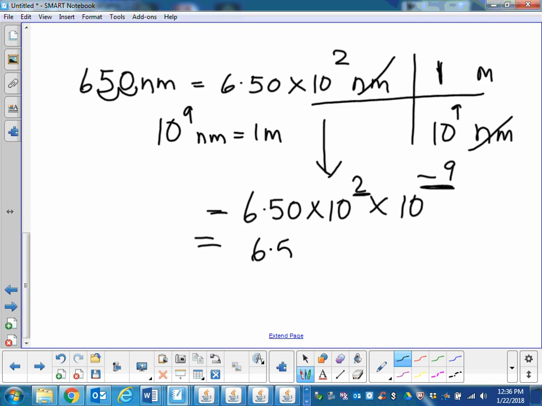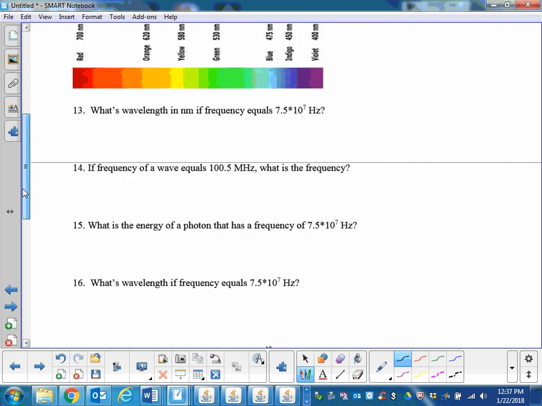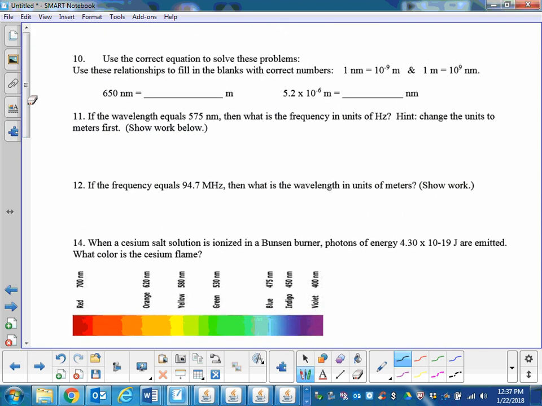So 6.50 times 10 to the negative 7 meters. So 650 nanometers is 6.50 times 10 to the negative 7 meters. Are we good? Do we understand this? Yes. Okay, moving up. Let's look at this problem. So 650 became 6.50 times 10 to the negative 7 meters. Is that right? Now I have